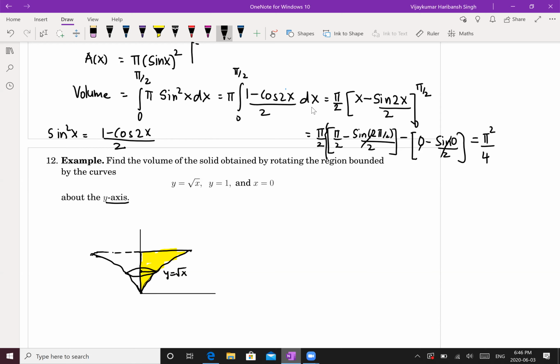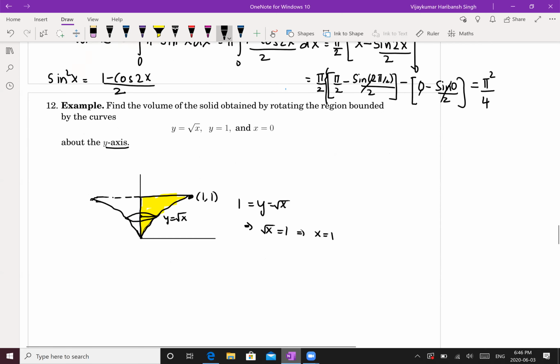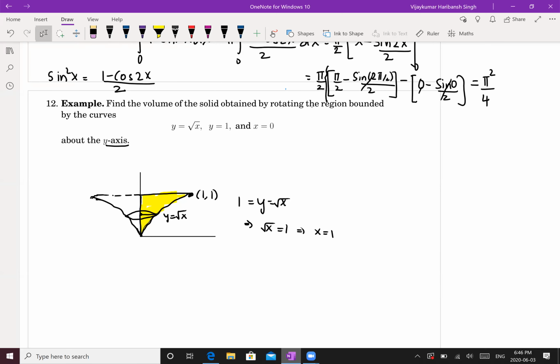So now, what is the area of this cross section? So again, first let's find the point of intersection. So y equals square root of x and y equals 1. This implies, where do these curves intersect? When square root of x is 1, or this implies x equals 1. So this point is (1, 1). Okay. Now we want to find out the area of the cross section. So in this case, the formula for y and x would be, so x and y would be interchanged. So in this case, what we'll have is,